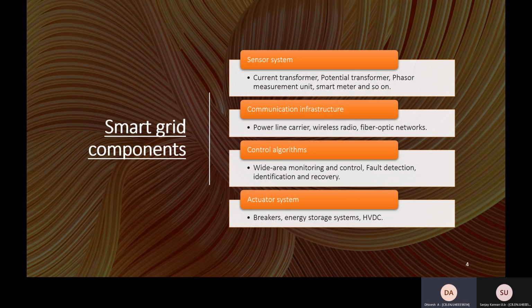Now we are going to see four main blocks of a smart grid. The first one is sensor system. The smart grid sensor can be used to monitor current transformer, potential transformer, pressure measurement unit, and a smart meter, and so on. In smart grid, it has four parts: a transducer, a microcomputer, a transceiver, and a power